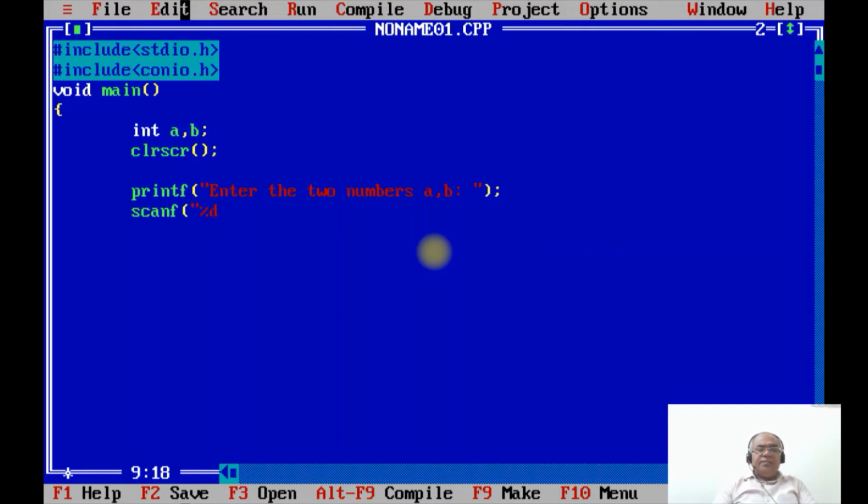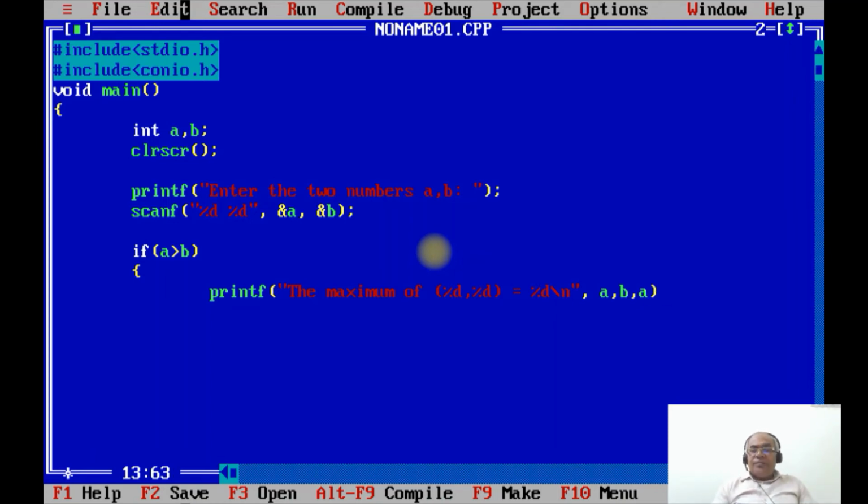Scanf percentage d space percentage d, ampersand A comma ampersand B. Then the condition: if A is greater than B, then you can printf the maximum of percentage d comma percentage d equals percentage d backslash n, A comma B comma A,